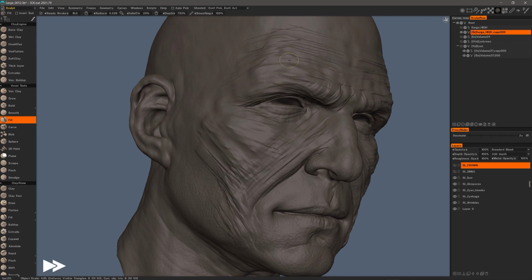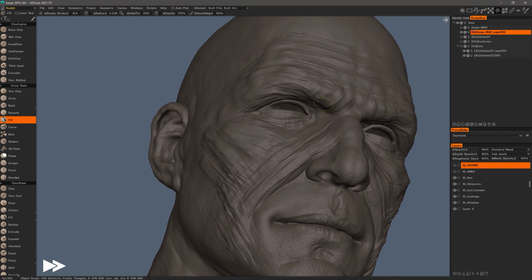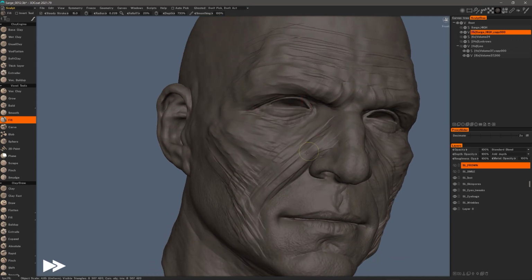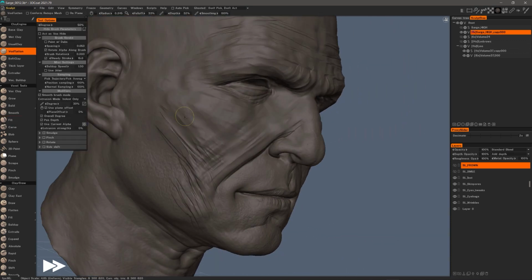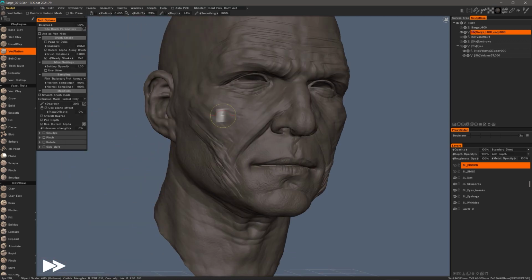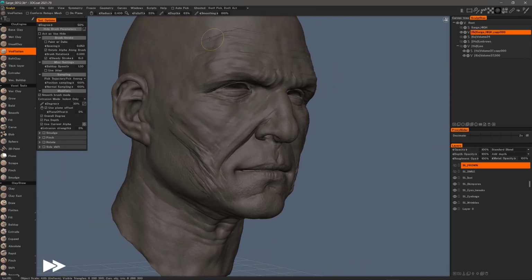So there is no self-intersection going on in working with voxel brushes. At this point, I'm just going back and forth between voxel brushes and surface brushes. One of those surface brushes is Super Relax.